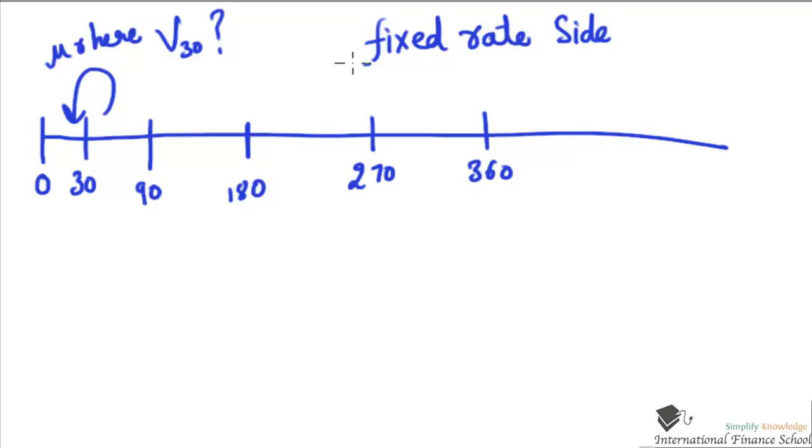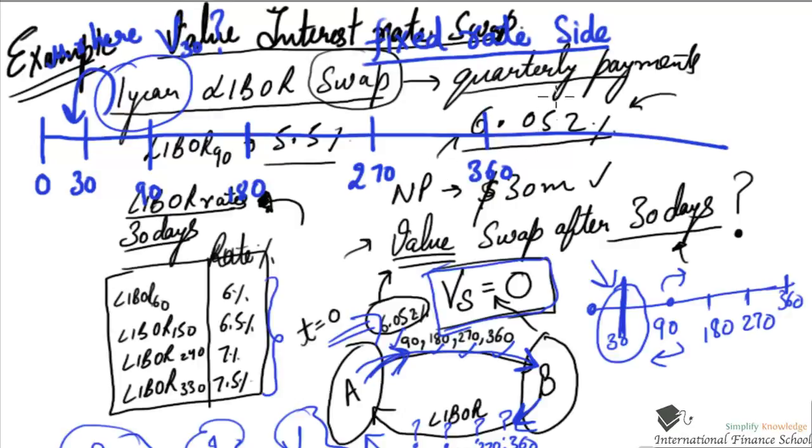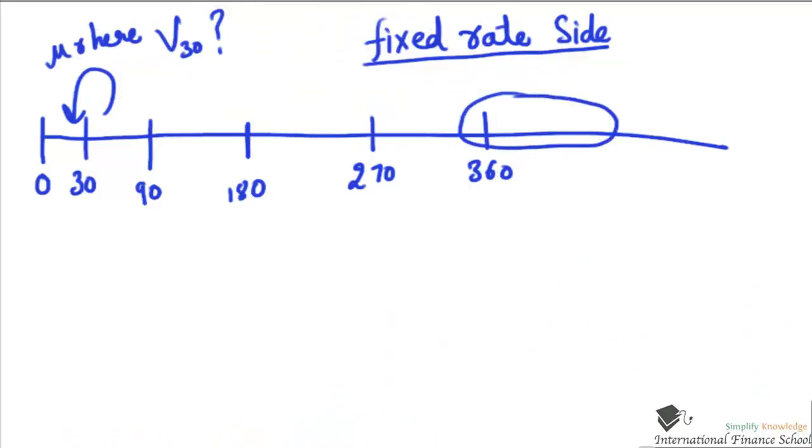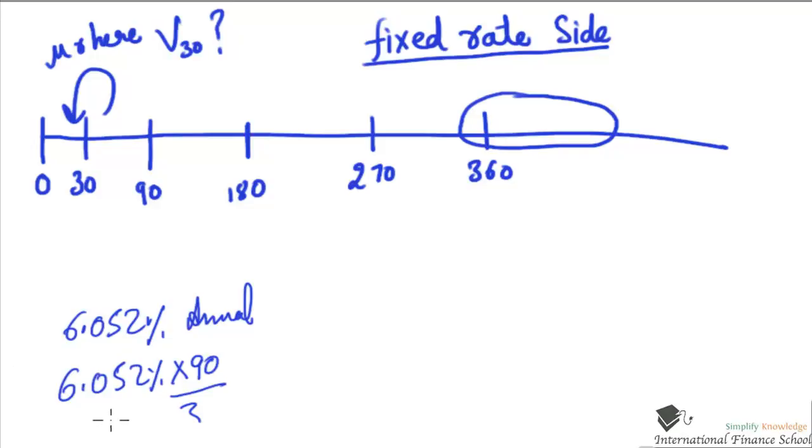Now from the fixed rate side, the guy who is paying fixed rate, let's see what is happening. If I go back and try to see the values right here, he has to make a quarterly payment of 6.052%. So right here, let me compute what happens with that. A 6.052% annual is same as 6.052% times 90 by 360 for a 90-day rate. So 90-day rate, I can compute it to be